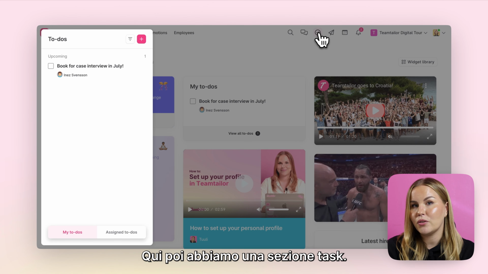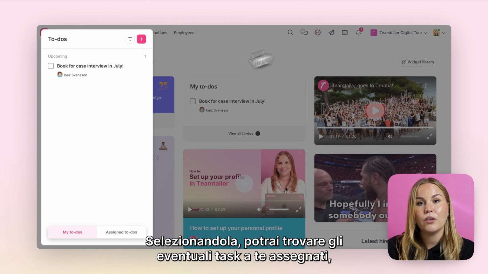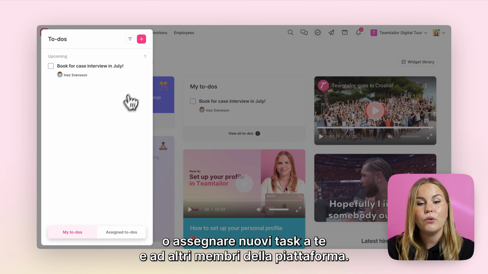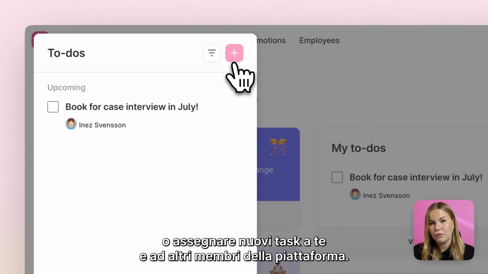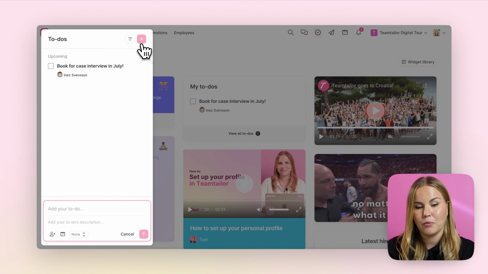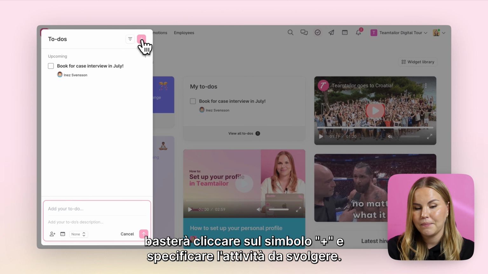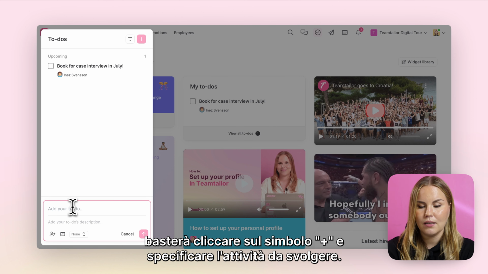Next you have a to-do section here. From here, you will be able to find to-dos that may have been assigned to you, or you can also assign tasks for yourself or some other members of the platform. To assign a task, you will simply click on the pink plus there, write your task,